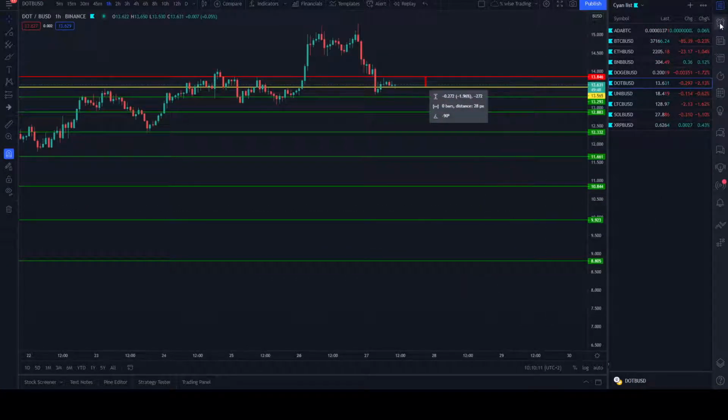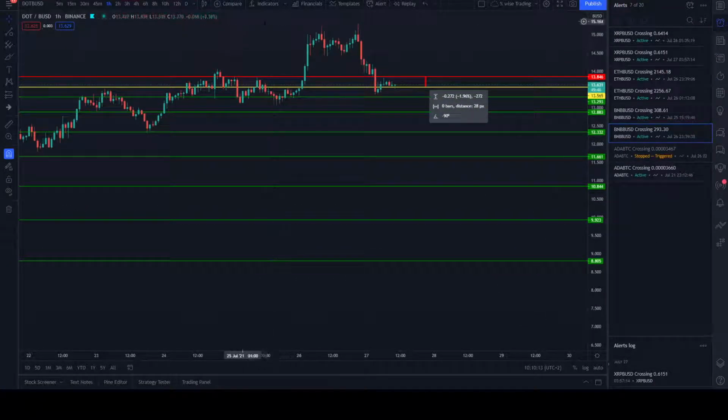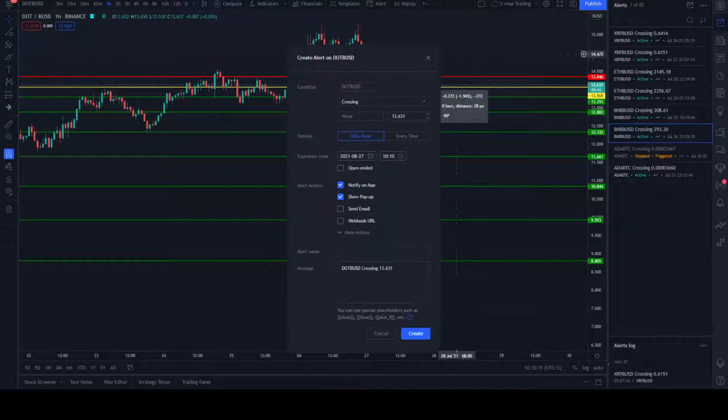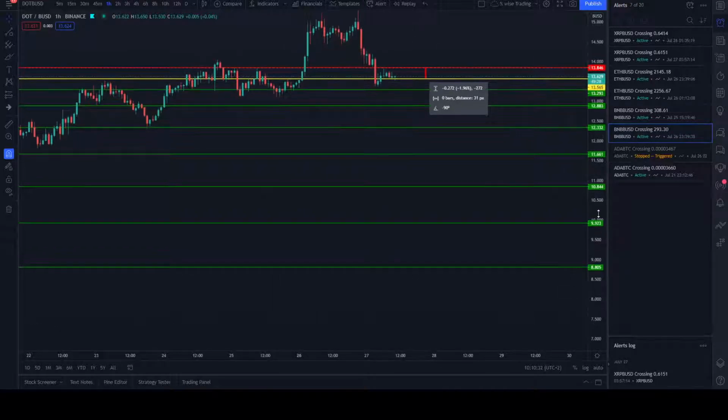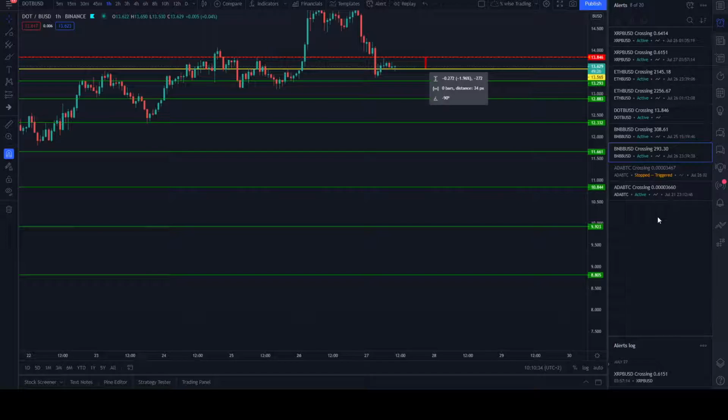And then going back to my alerts, I'm going to add the alerts. The TradingView app on my phone is helping me. The moment it reaches my targets, I'm getting a message via the app telling me I've reached my targets and I need to create a new entry or a new position, which is helping a lot.